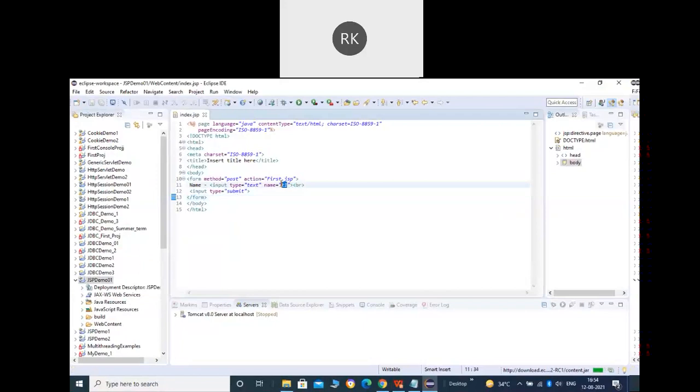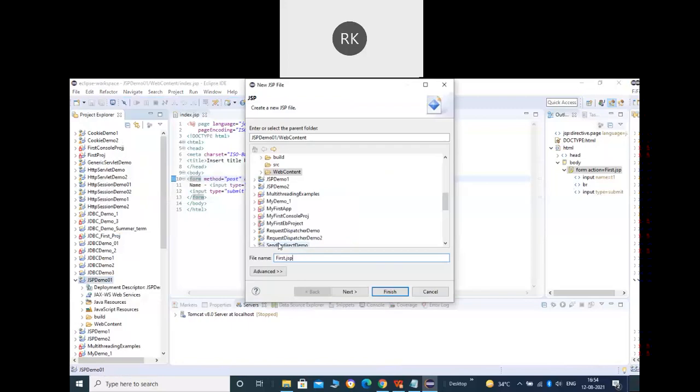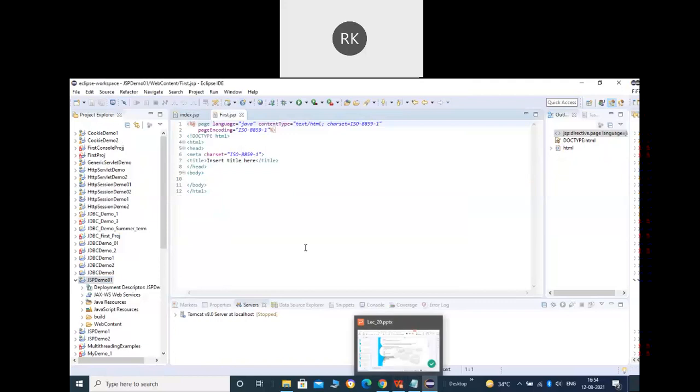But actually it is not HTML, it is a JSP page. So here what we have done is we have created a form that will ask you your name in a text box T1, and when you submit it, it will use the post method and submit to a page called first.jsp. Remember, in the case of a servlet you do not need to write the extension, but in the case of JSP, the extension should also be there. You can see I have not written only first, I have written first.jsp.